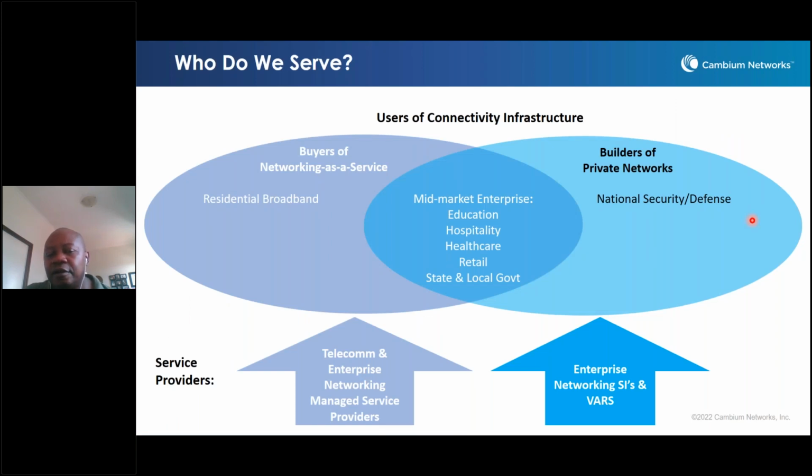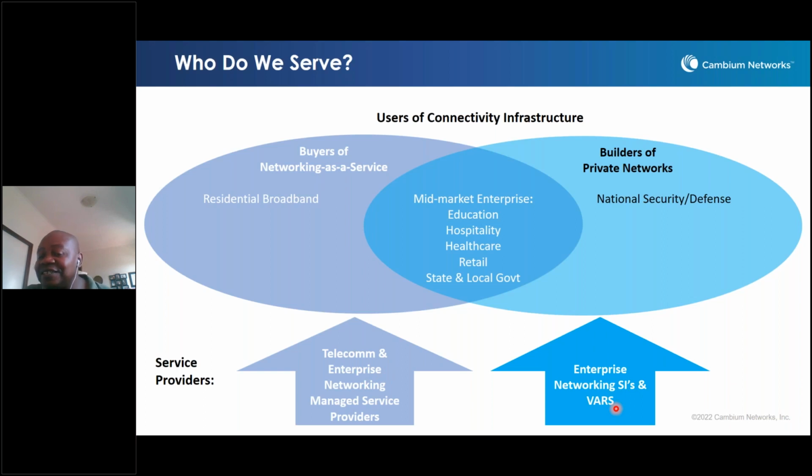Just to reiterate for those who may be new to Cambium, so who do we serve? Essentially, we have network providers, enterprise, and then we have private networks, which are becoming very popular. That could be security, defense, or indeed banks or insurance companies. Then we have service providers, managed service providers. We have tier 1 mobile network providers. We have fixed service providers. And then we have enterprise